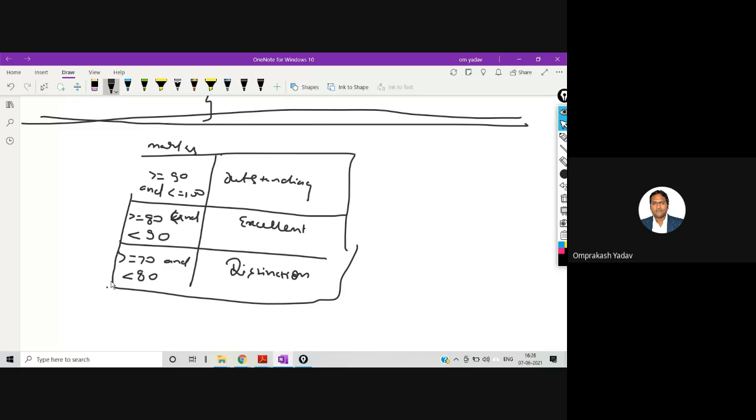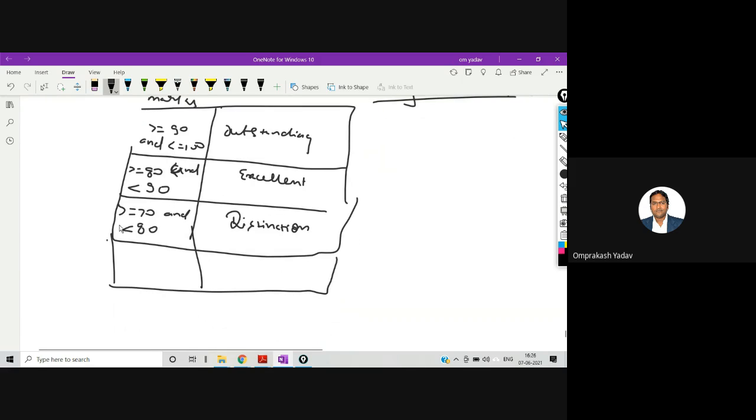If you remember, the same kind of question we also did with the else-if ladder, right? Now this we're going to solve by switch case. Greater than equal to 60, less than 70, first class.